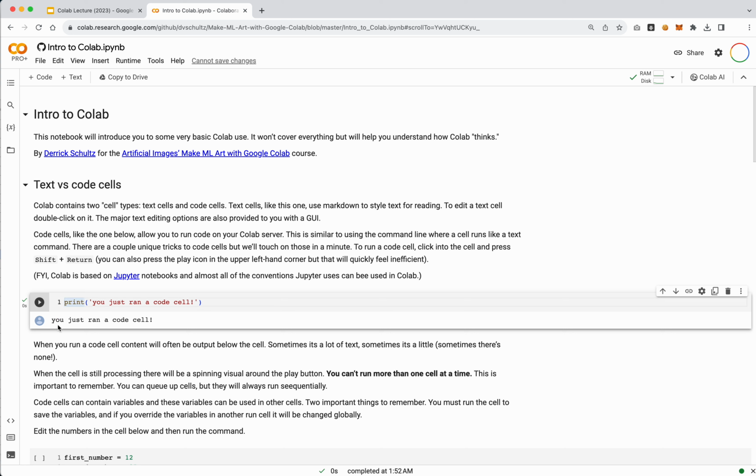And this just printed out this thing that says you just ran a code cell. And that's because it's Python. And this is a Python print command that says print anything that is inside of these brackets here. This is not a coding class. Don't worry about what this is, and if you don't understand this, that's totally fine. Everything else will be given to you in a way that you can understand and use easily without having to get too involved in it.